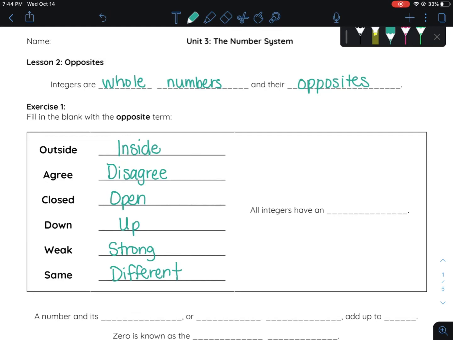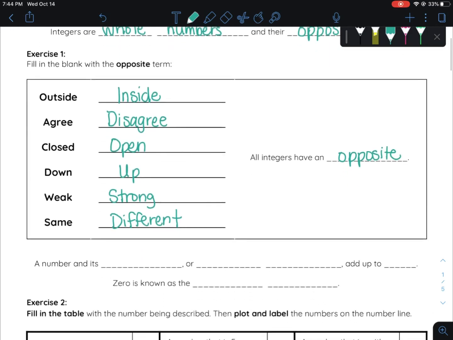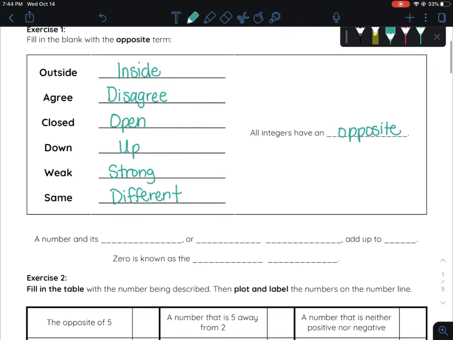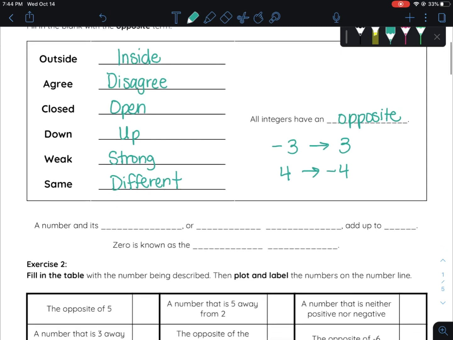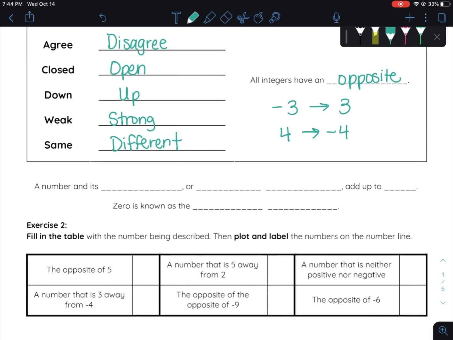So integers also have an opposite. And it's just as simple as changing the sign, okay? If you have -3, its opposite is 3. If you have 4, its opposite is -4. Okay? So a number and its opposite, fancy name here, ready? Additive inverse,